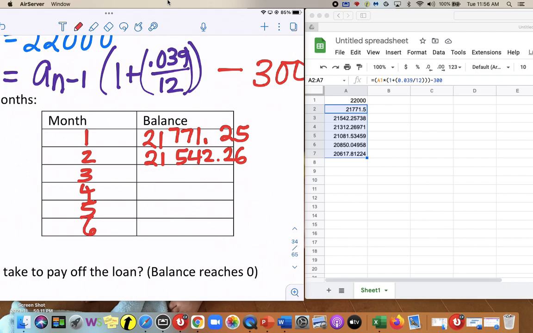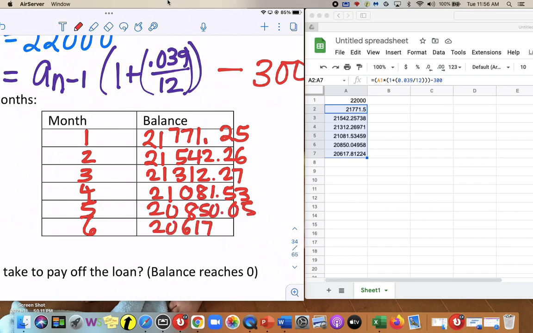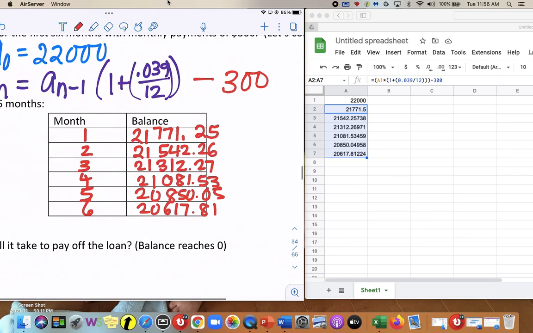All right, so redo. The third month right here is $21,312.27. Then we have the $21,081.53, the $20,850.05, and the $20,617.81. Okay, so after half a year, we still owe $20,617.81. And again, we're trying to figure out, like, in this problem, what we're looking at is some of the